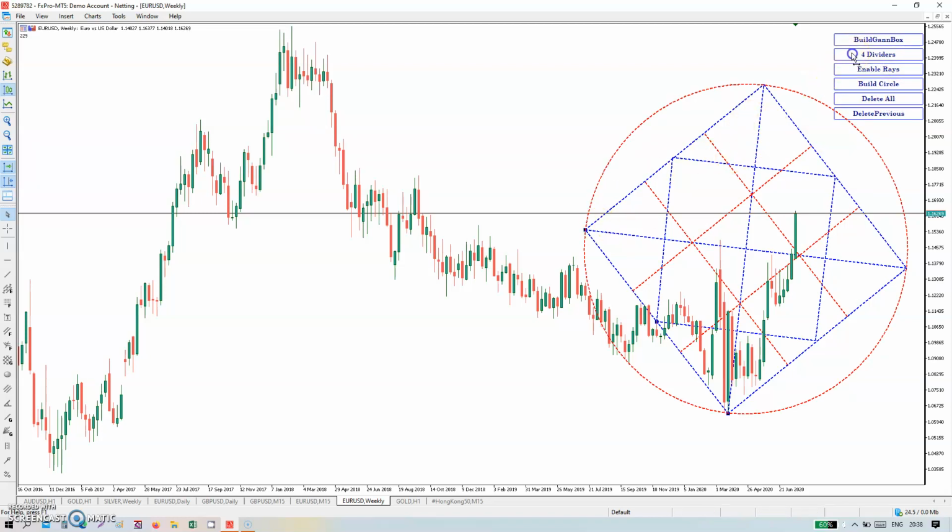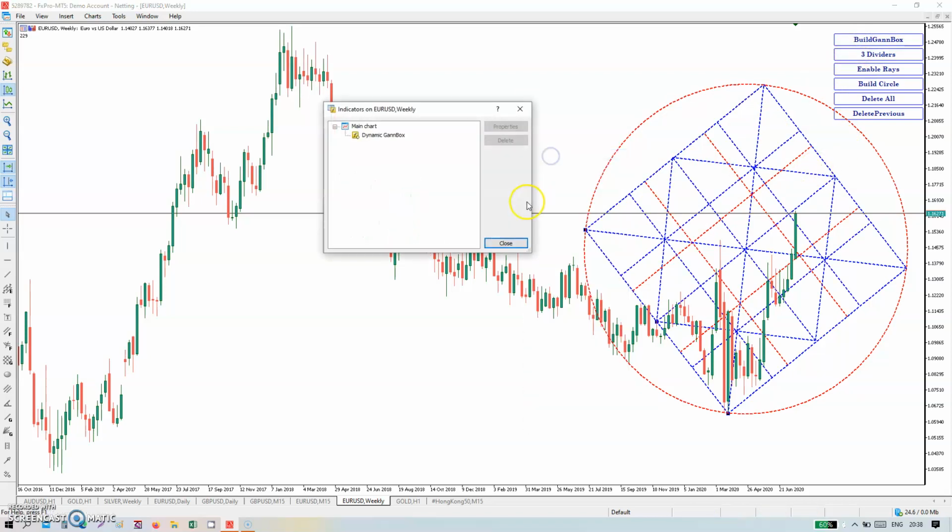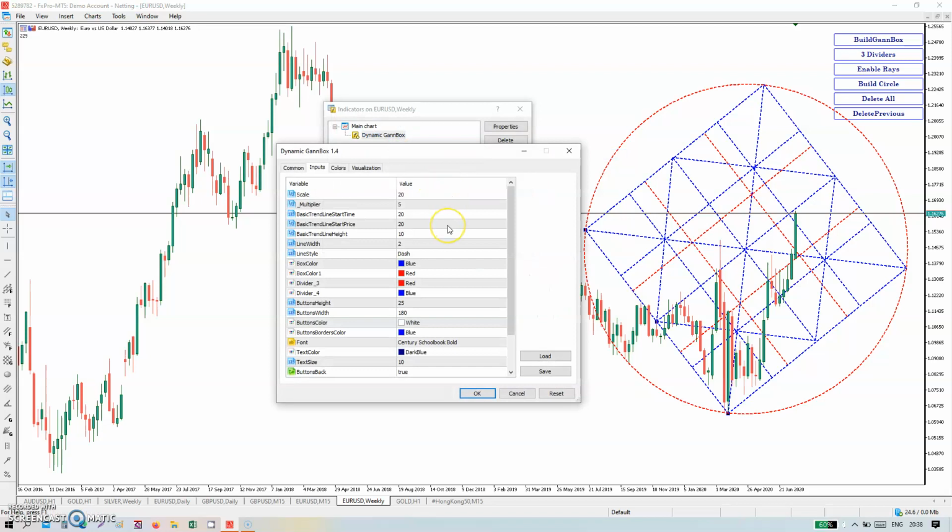Okay, so this is the method of GAN box. So scaling parameters and all these things are the same in any of MT4, MT5, GAN square and GAN box, or GAN box light, GAN square light version. So these are the 3 versions available there. So it's all about this.